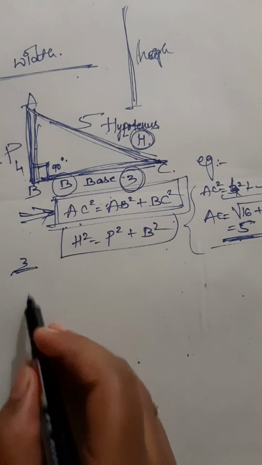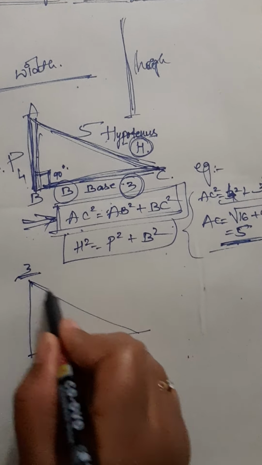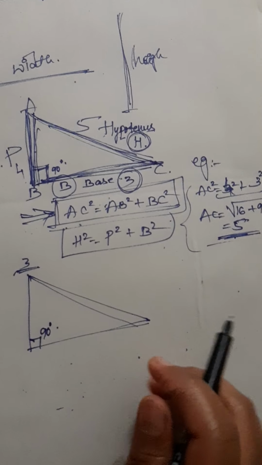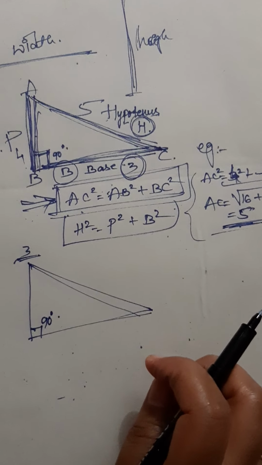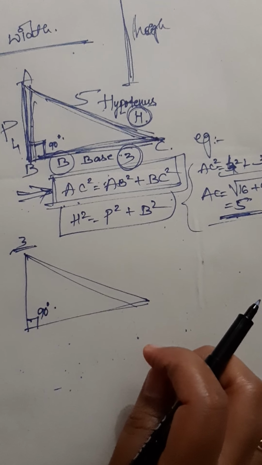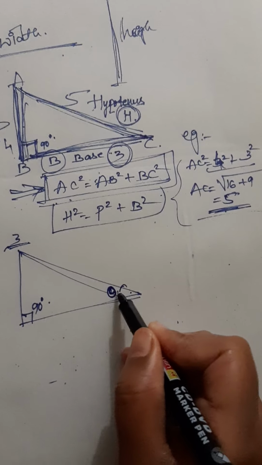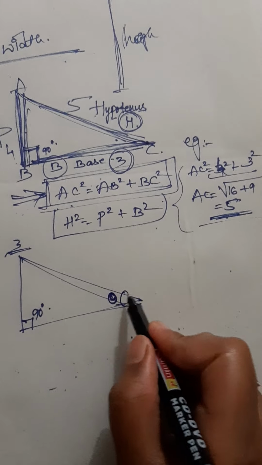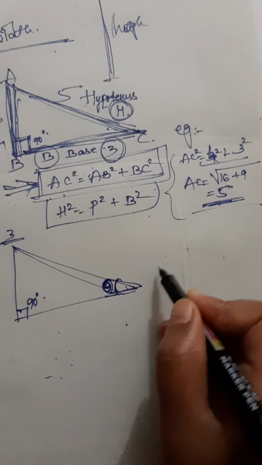In our trigonometry also, again we are going to deal with a right angle triangle. The angle must be 90 degrees only. And in trigonometry we can also mark this angle as theta. It is the main funda. In Pythagoras theorem we didn't have anything, and in trigonometry this angle we are taking as theta.